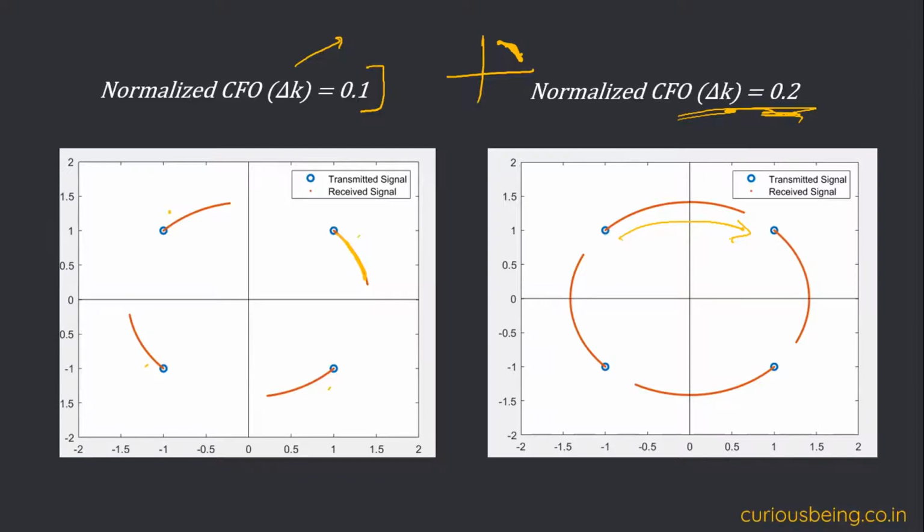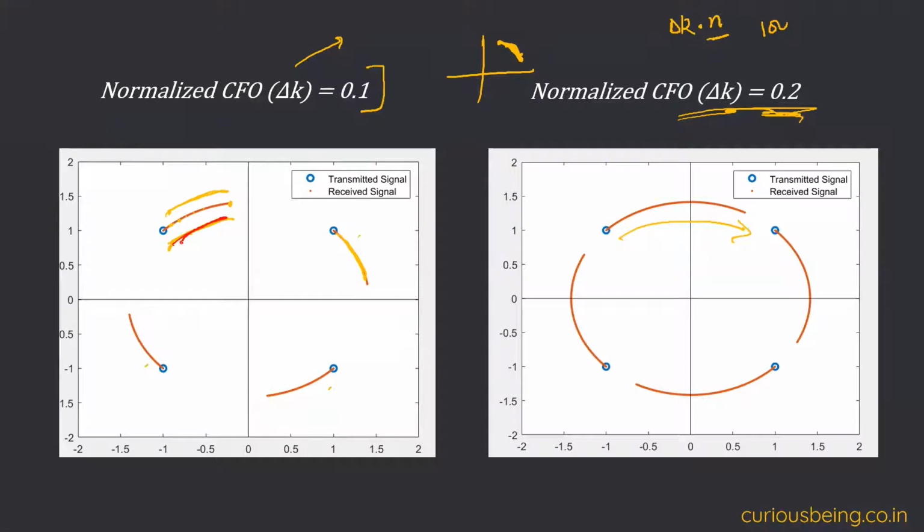Okay, so we know that the phase shift of different samples depends on delta k, depends on n. Fine. I have multiple samples in this particular simulation. So if we read this, because we are seeing the curvature, this is actually multiple samples. For the first sample, the point will be like this. For the second, it will be like this. Third, fourth, and so on. Let's assume there are 100 samples. So for the 100th, the phase shift will be maximum. So that's why we see there are multiple points here.